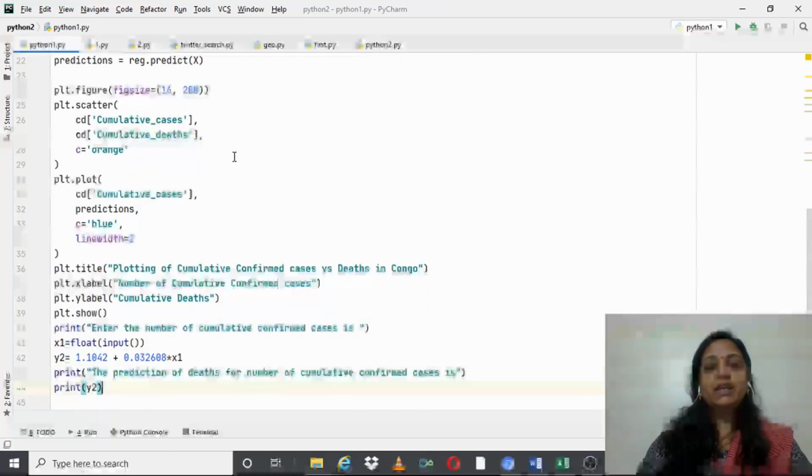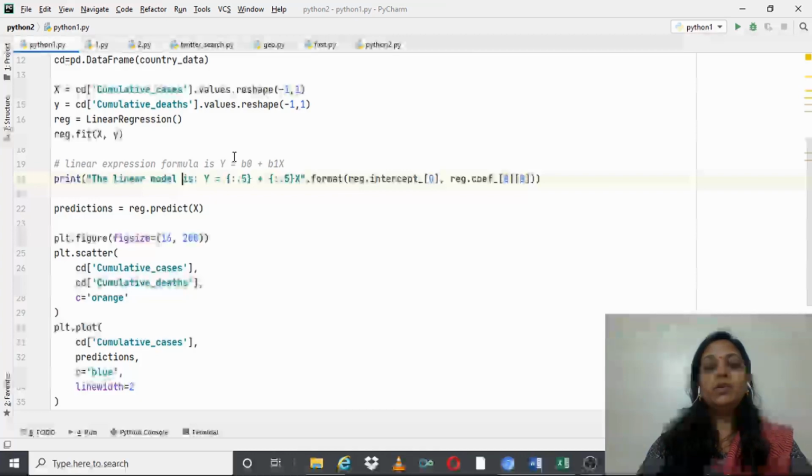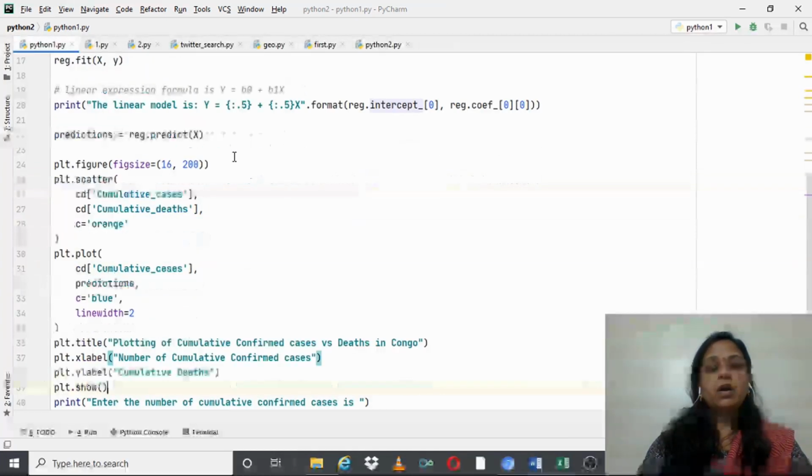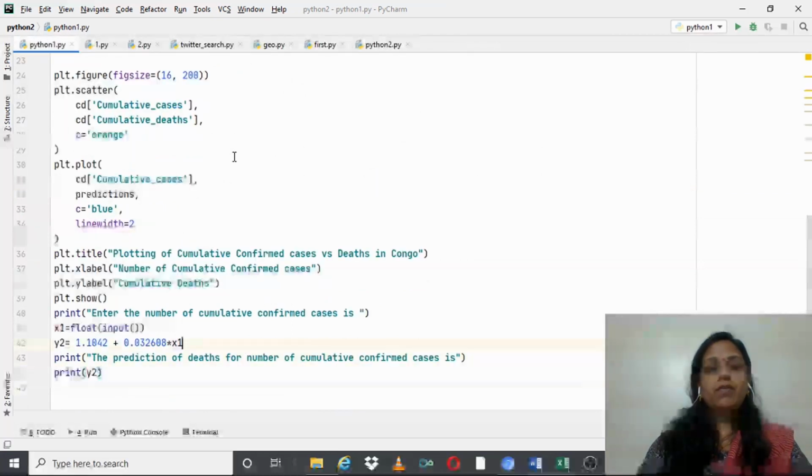After that, I can even make a prediction using this model, which is an important concept in this, where I'm going to take the input of x and whatever linear graph formula I'm getting as per the statement given. This statement will return me the formula for the linear equation, linear regression. So that particular value or formula will be given as input here. Based upon what input you give and what graph I arrive at, I can make a prediction of the number of deaths which may occur.